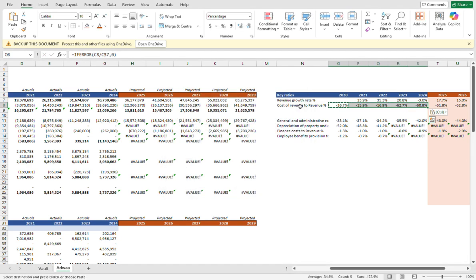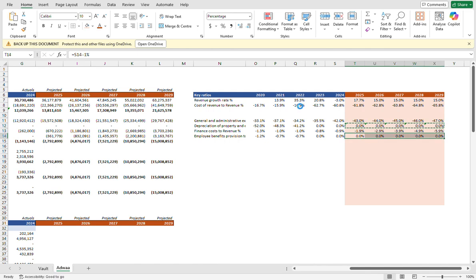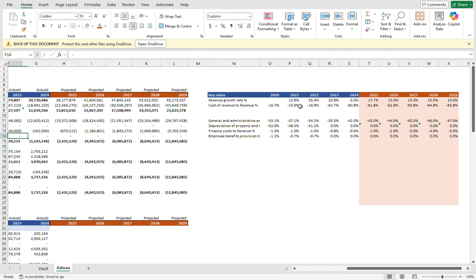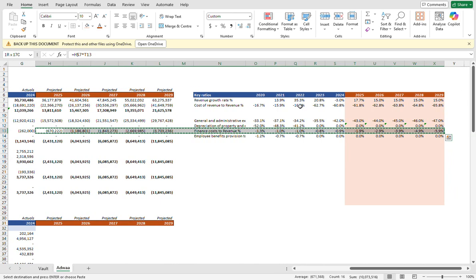Or this is and the same. Copy the formula